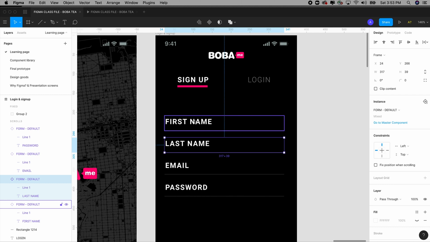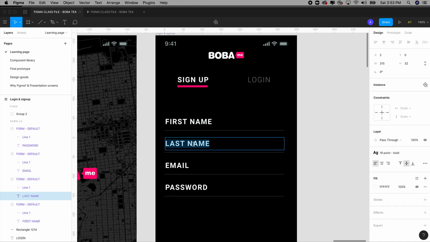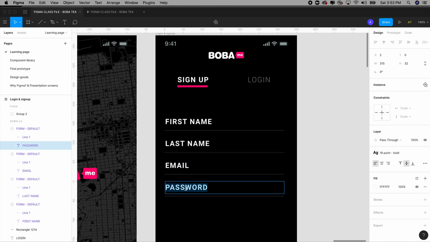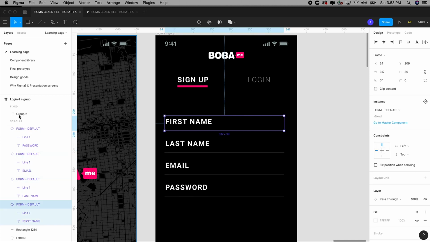In the old days, we had to click on one of these here and change each one pink. So I have to click and then select first name and change it pink. Then I have to go back to last name and change it pink. And then I have to go to email and change it pink. Then I have to do password and change it pink. But when we think about setting up our UI and components like this, what I can do now is I